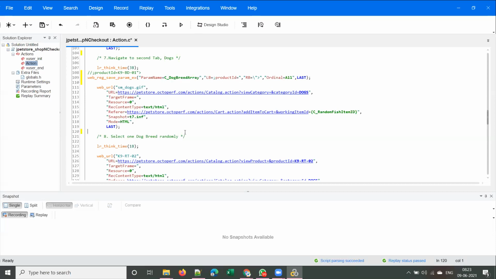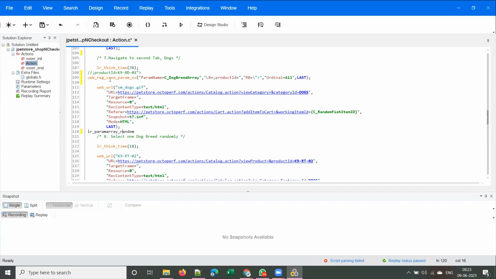What next? Random, LR underscore param array. I typed whatever you told, but the tool is not recognizing it.